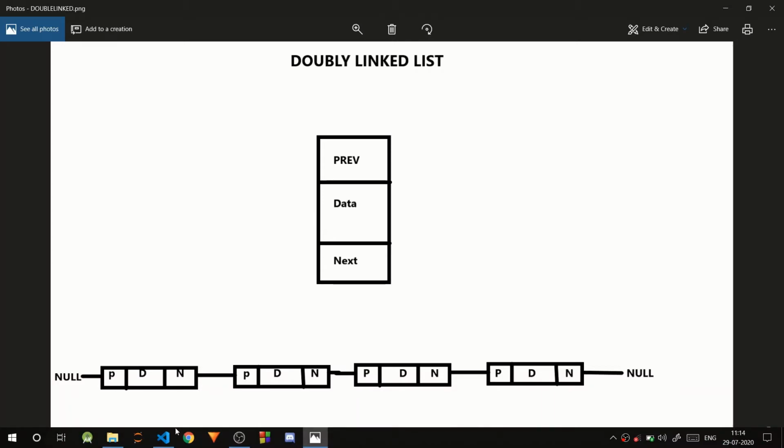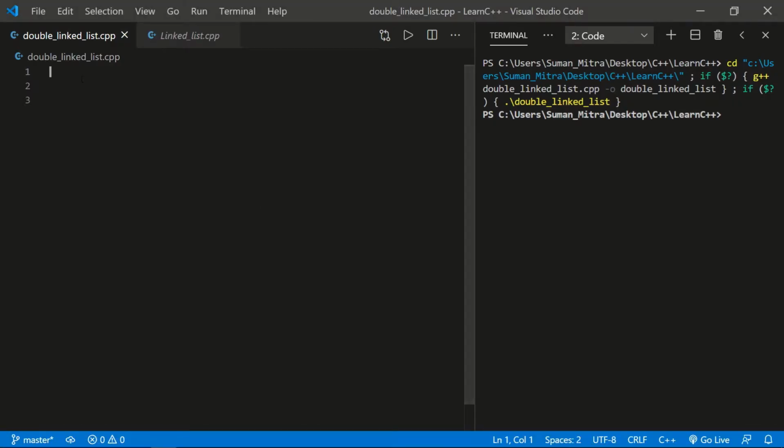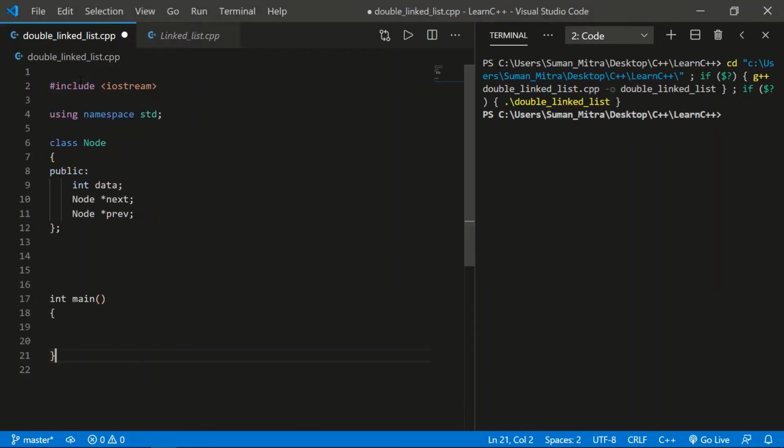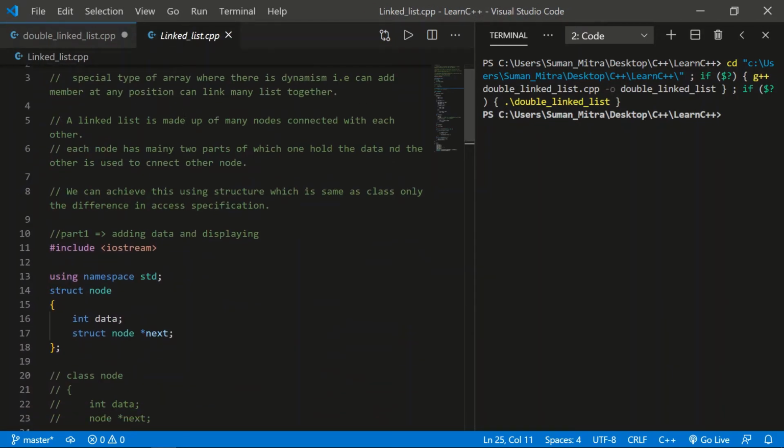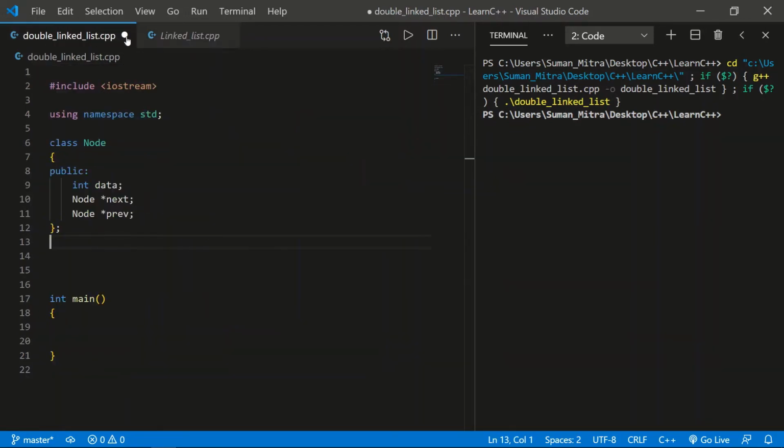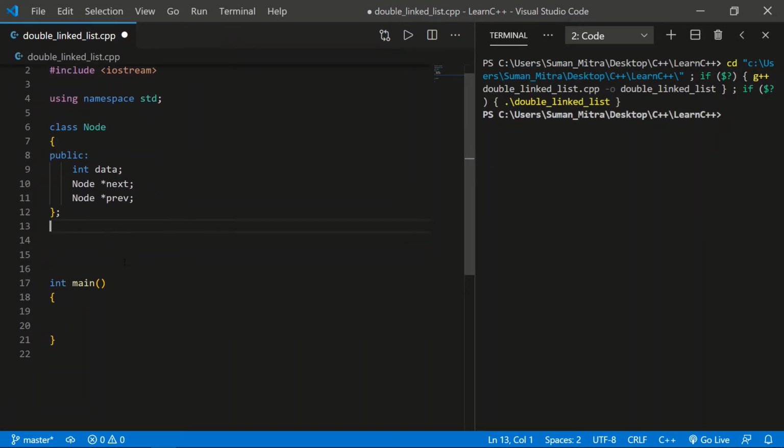I'll just copy and paste one basic code, and you already know what this code is. In the previous video we did it using structure. I already showed you what a structure is and the difference between structure and class, but this time we are doing it with the help of class. Let me explain the lines I have written. In the class, you should use the public keyword, because in structure it is public directly, so we don't use this keyword. But in class these are private in nature, so you should use the public keyword, or you can make one more class and give a friend class with it.